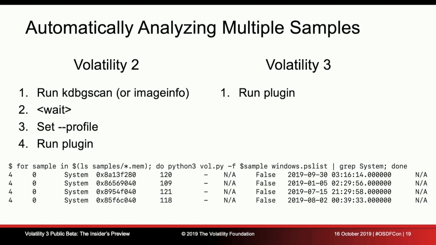Versus what you see down here at the bottom, you can just run Volatility 3 directly against all the memory samples that you have. This is a very simple bash for loop that shows you how to do it. And you automatically get the results. So in this case, you can see the system process across the different memory samples. You could obviously automate this for any other tasks you have. If you have some IOCs that you want to run through with YaraScan, you can take however many memory samples you have and just scan them all at once. And then once it's done, you know which machines are infected, versus having to do all these manual things on your own, because Volatility 3 figures it out by itself now.